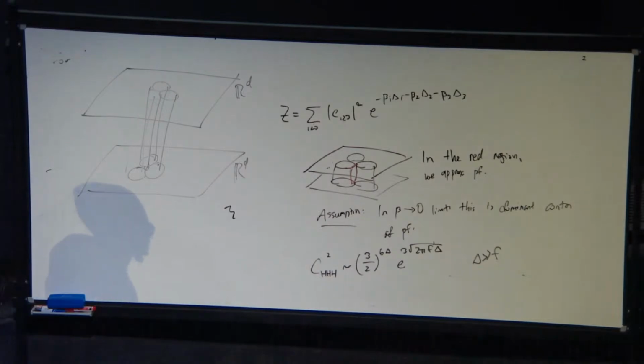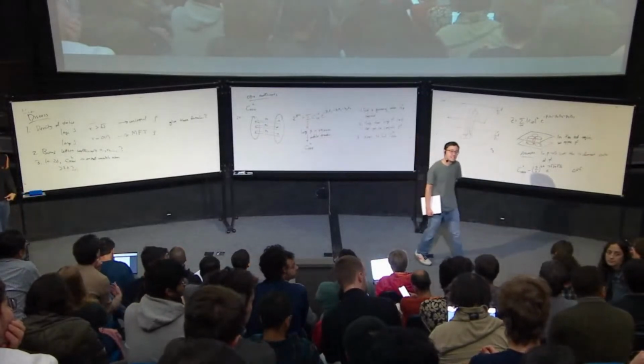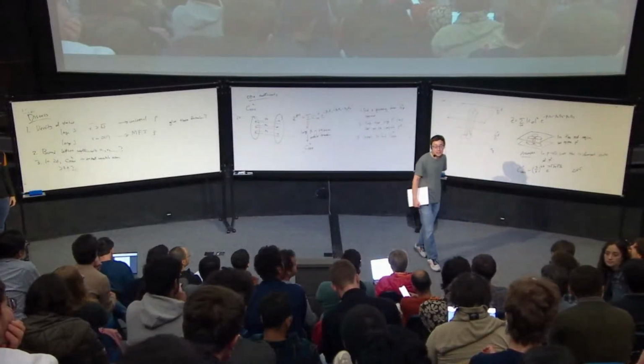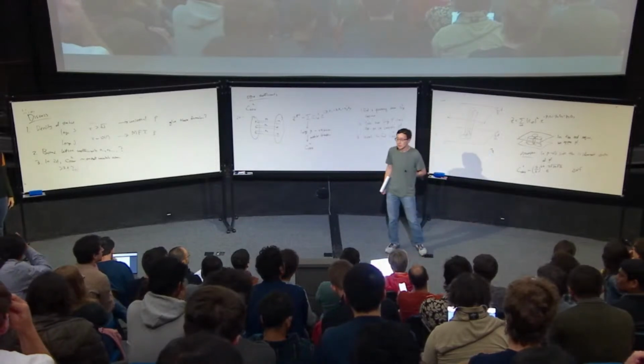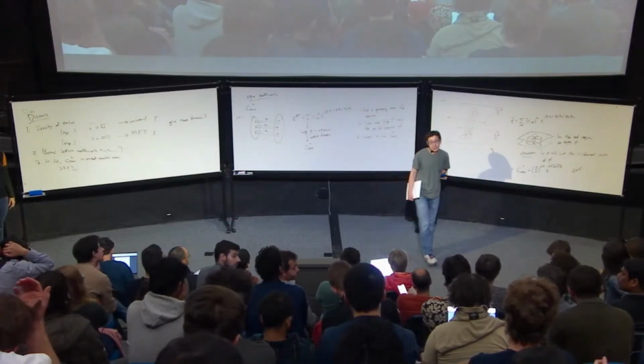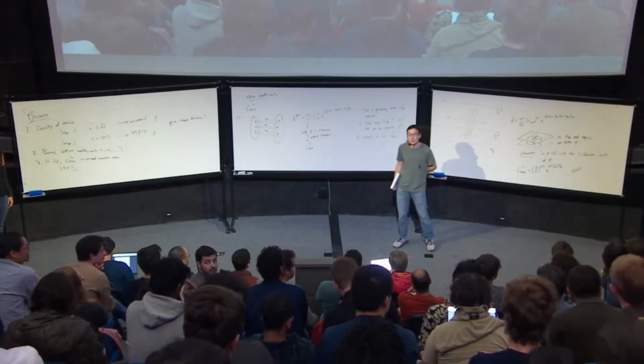You can shout, I'll repeat the question. Is it possible to incorporate fugacities for global symmetries? Probably, yeah, probably yes. So you mean if I have a formula, for example, not just rho of delta and j, but like rho delta jq, for example. Yeah, I think it should be possible. We haven't done it, but I think that should be possible.